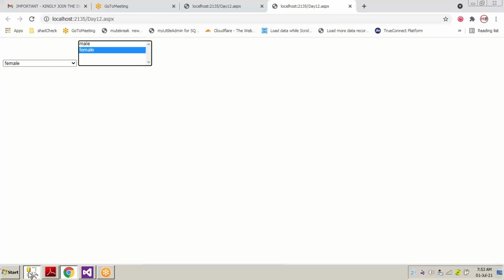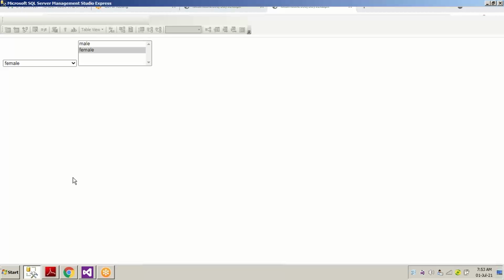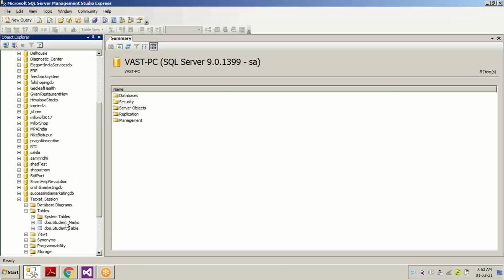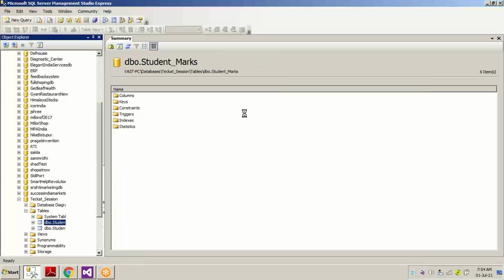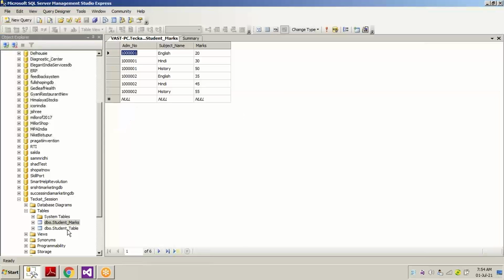Suppose when I go to the student marks and open the table, you can see a few names. First let the table be open. Sorry, the student table. I opened the student marks.